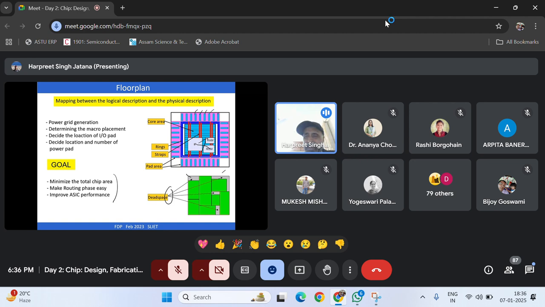So if you are able to do it in a minimum of metal layers, minimum length of nets, and minimum dead space, that design is supposed to be the best and it will meet all these specs. It will have less power and more speed. Okay, so the floor plan